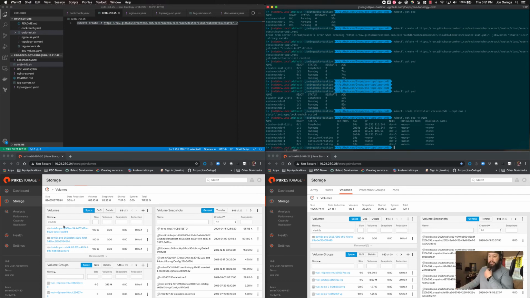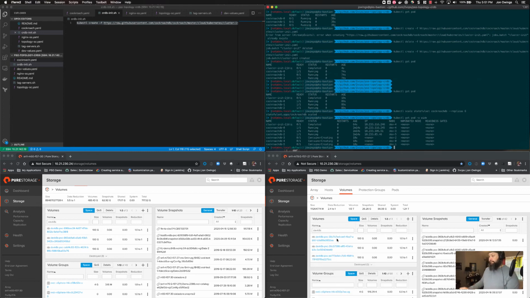Containers are creating. You can see that the third one has popped up here. We should actually see it level out based on the scheduling of Kubernetes here in just a second. And there we go. So we have 3 volumes on one array, 3 on the other, and then CockroachDB handles the replication between the two. So that is how to use Pure Service Orchestrator topology in the CSI driver to get a load across multiple devices based on the scheduling provided by Kubernetes for the actual replicas within the